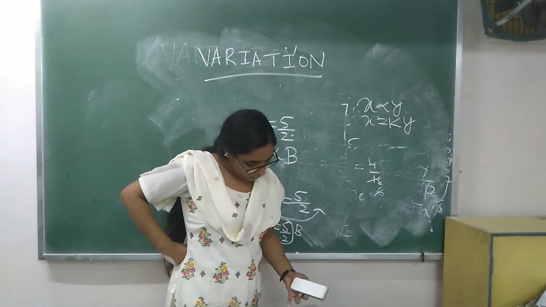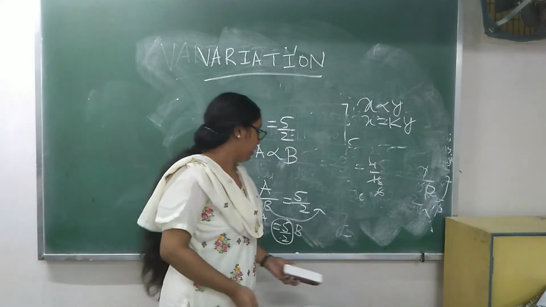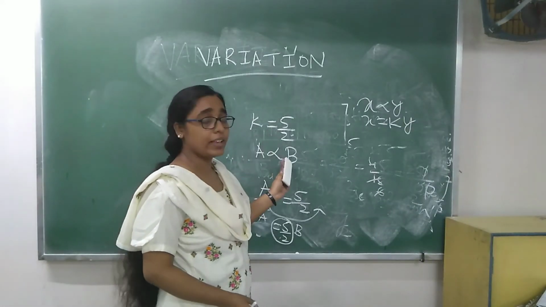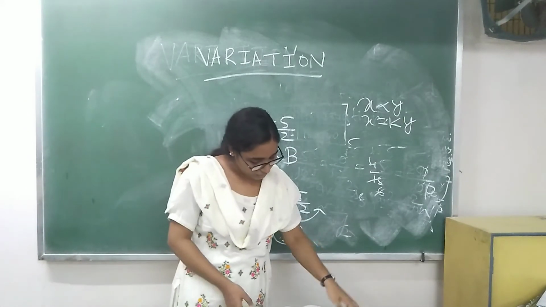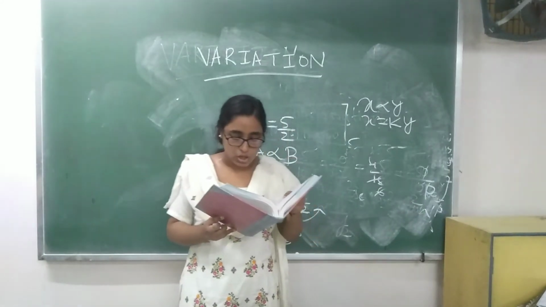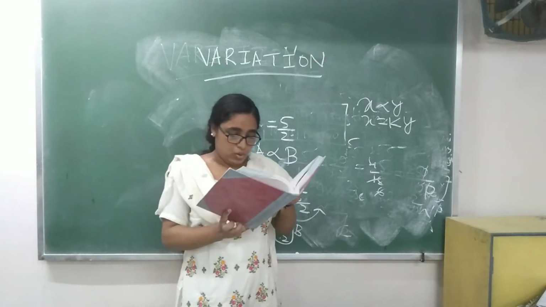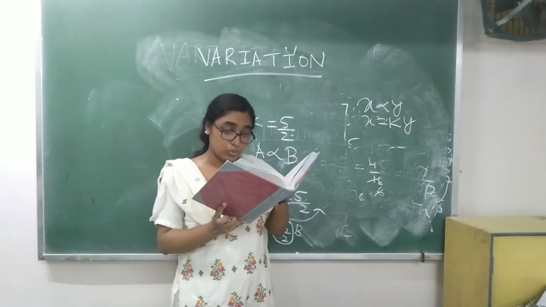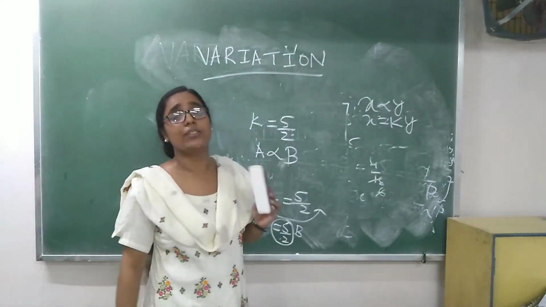Now the second one: corresponding values of two variables x and y are given to you. So how will you write the answer? Variation value is 5/2 and the relation is: x varies with y, which means direct relation. Now read question number 2. Corresponding values of two variables x and y are given; if there is any relation between x and y, let us write it by understanding. They are asking only the relation, not the variation value. They are not asking what the value of k is.